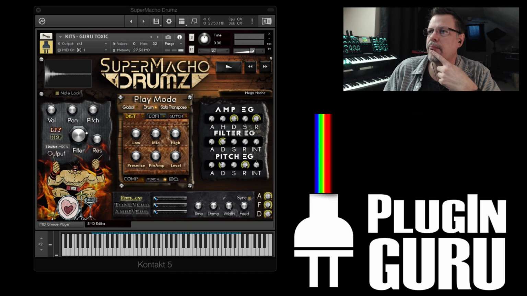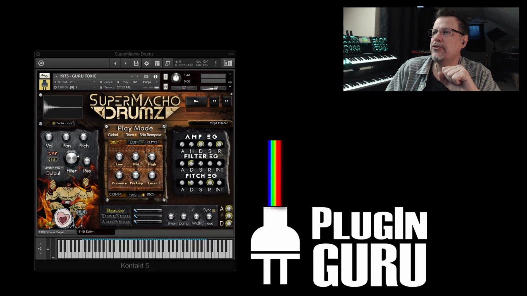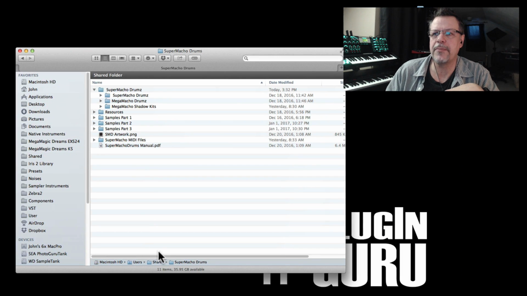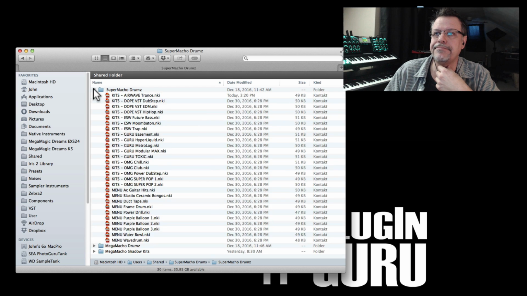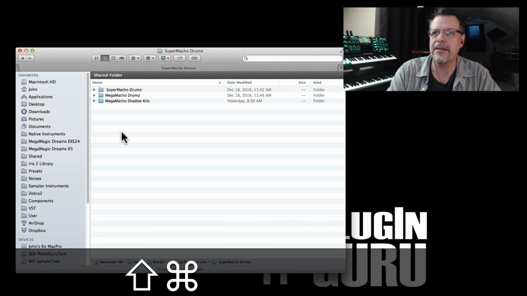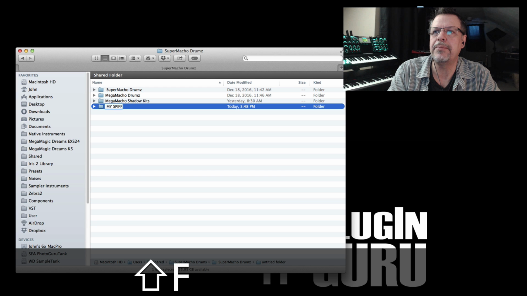Let's do this. So first of all, what we're going to do, we're going to end up wanting to save. So we're going to do a little file management. So you go to wherever your SuperMacho Drumz folder is. I'm navigating to there now, right? Here's where mine is. It's in my shared users, shared SuperMacho Drumz. Here is the SuperMacho Drumz folder that has all of the kits. And this has the new shadow kits installed right there, right? Right here, say Command Option New, whatever it is for a new folder. I'm going to put a space and then say my spiffy new